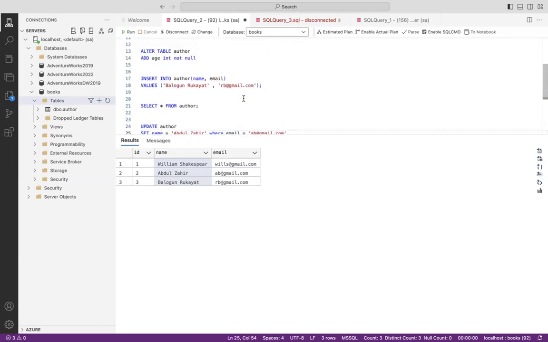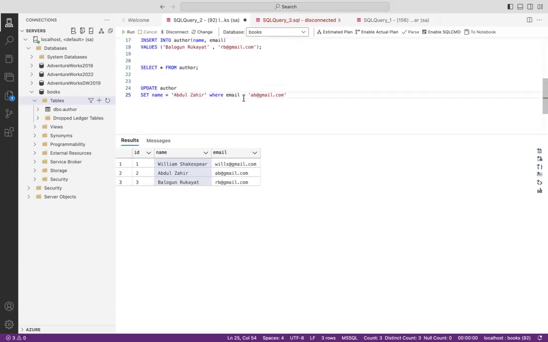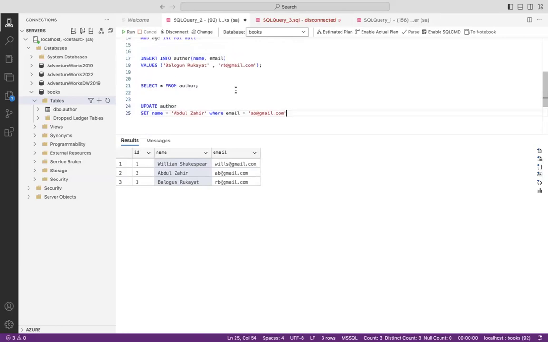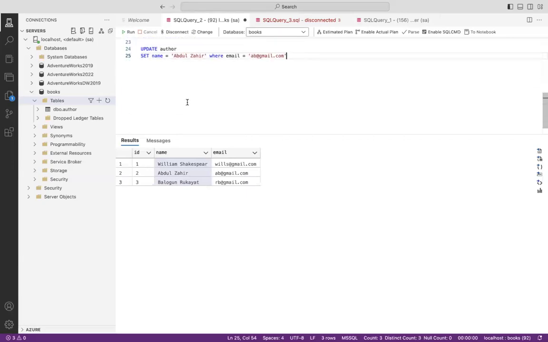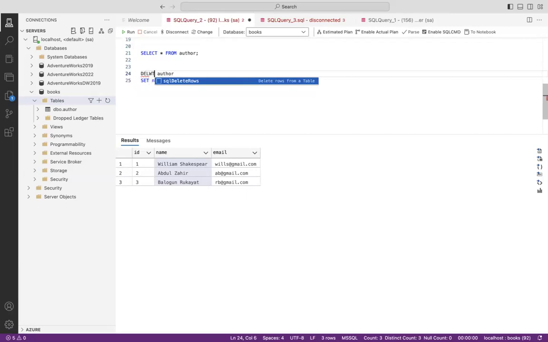So the same thing I did here, I could also use to get rid of a record. Let's say we want to remove all the persons that have a certain name from our database, maybe Balogun Rukayat or something. I want to remove all the entries that have that, even though we have just one entry there. So what I want to do is use the delete keyword to make that happen. I'm just going to say delete,